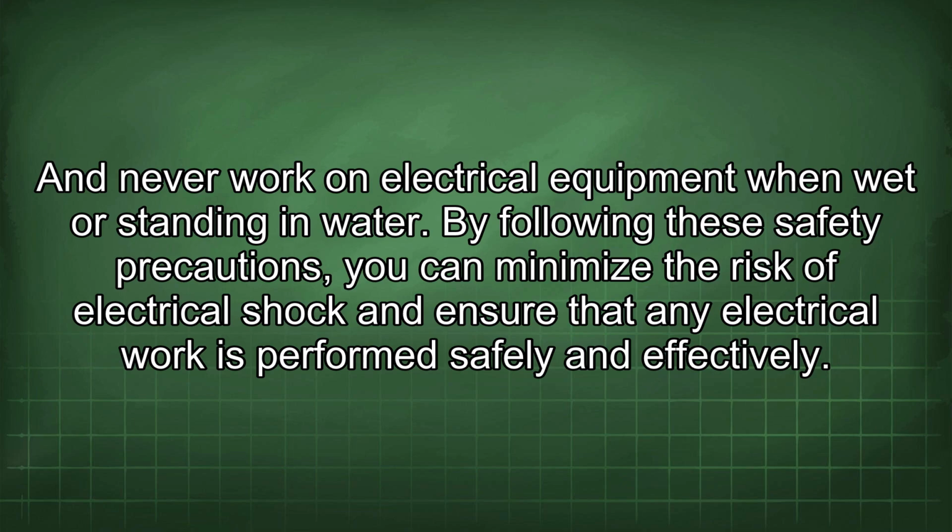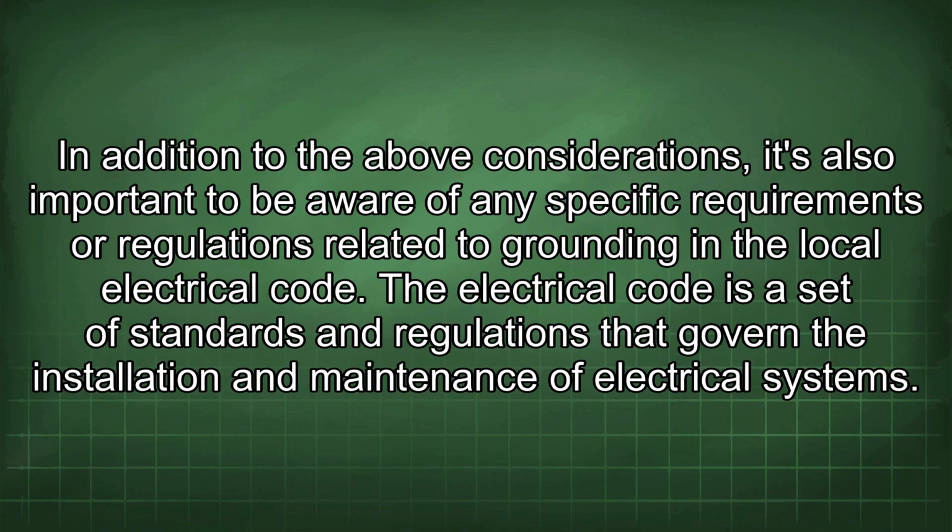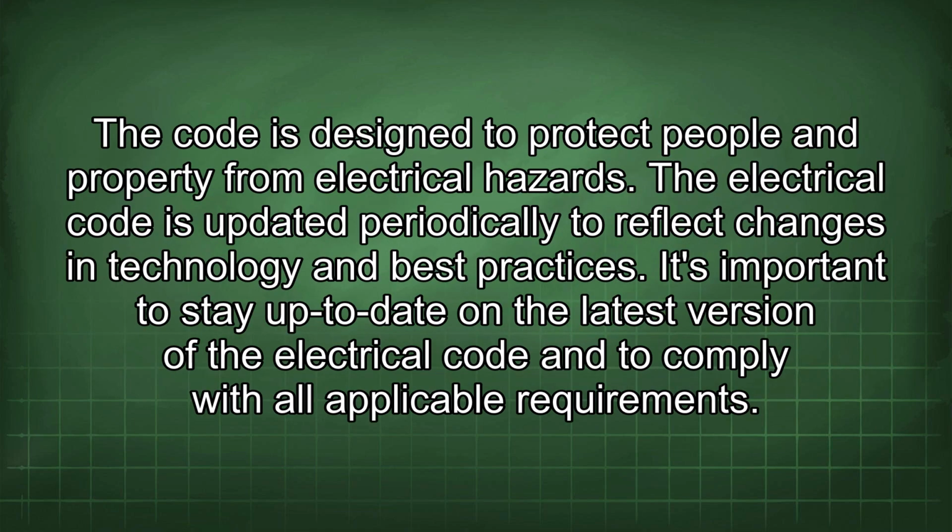performed safely and effectively. In addition to the above considerations, it's also important to be aware of any specific requirements or regulations related to grounding in the local electrical code. The electrical code is a set of standards and regulations that govern the installation and maintenance of electrical systems. The code is designed to protect people and property from electrical hazards. The electrical code is updated periodically to reflect changes in technology and best practices. It's important to stay up to date on the latest version of the electrical code and to comply with all